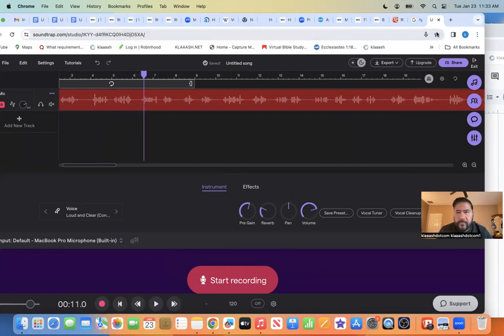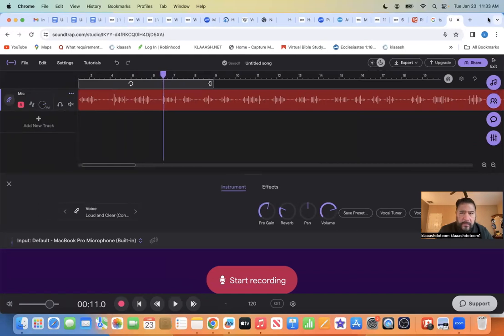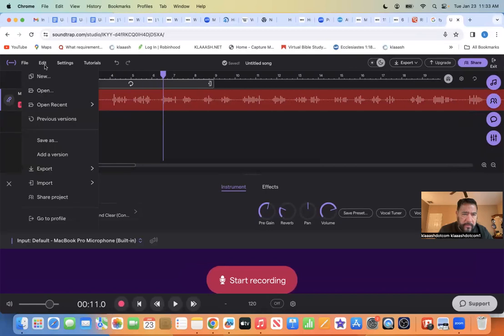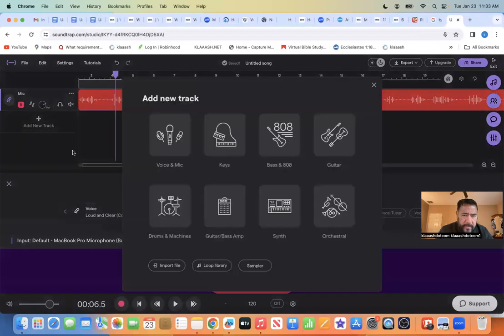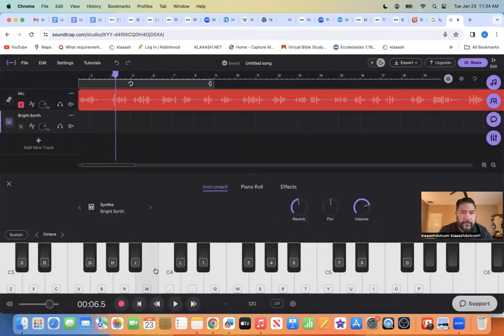Now let's go ahead and bring in a jam. Actually, we can just add another track and add a nice little music behind it. How do I add another track right here? You click on this one and let's go ahead and add a loop, guitar or synthesizer. Okay, drums, keys. Let's go with this. Let's see what that's gonna do.